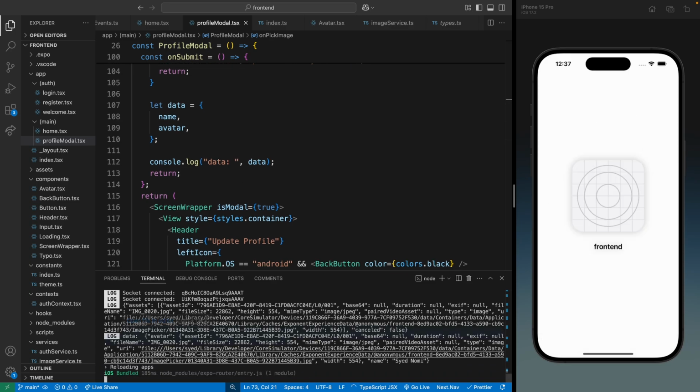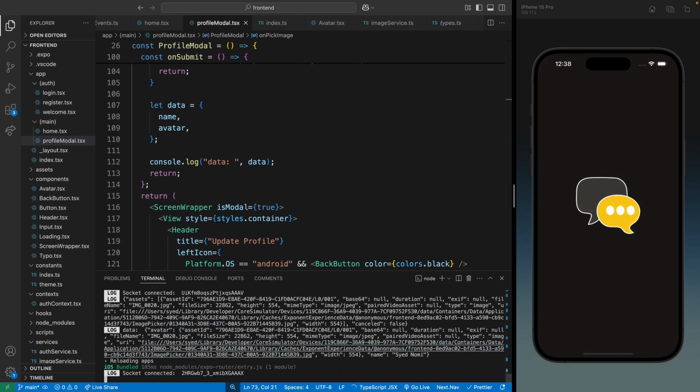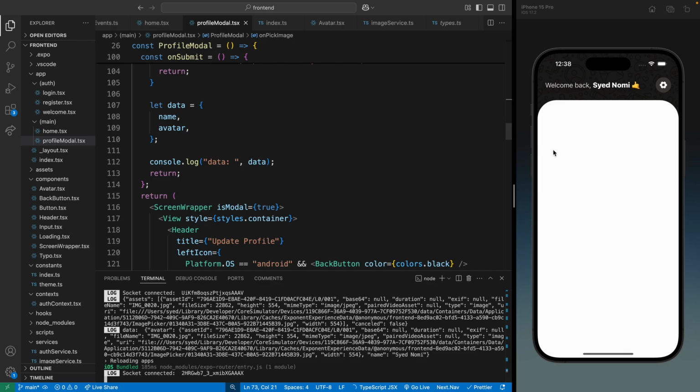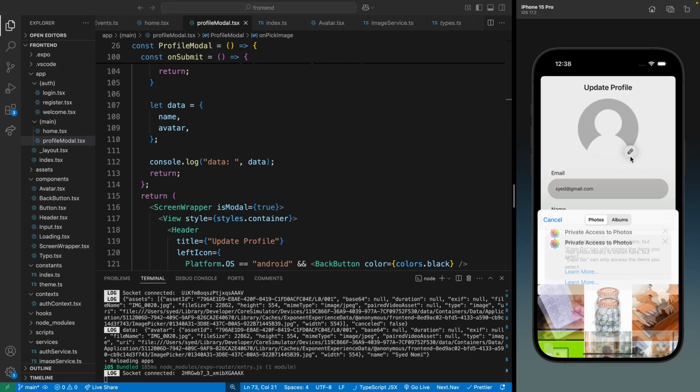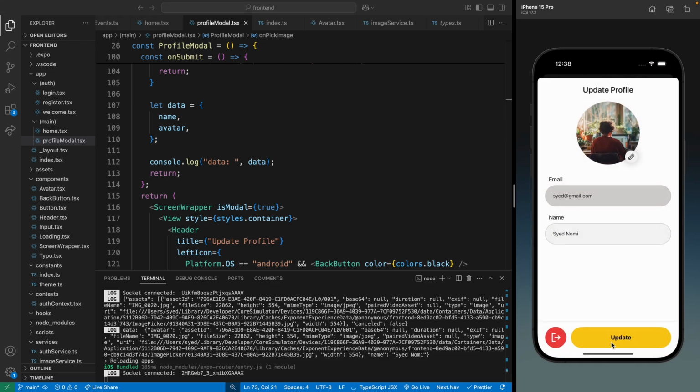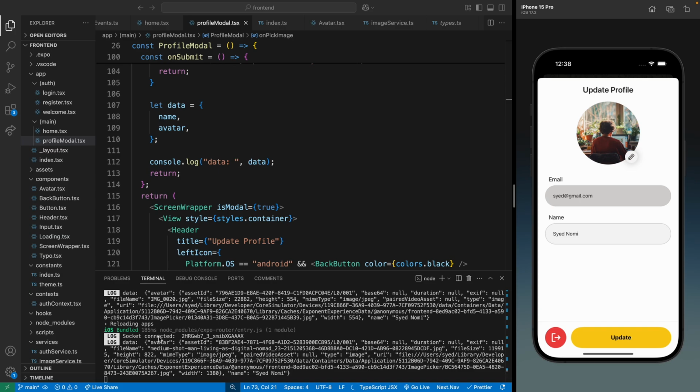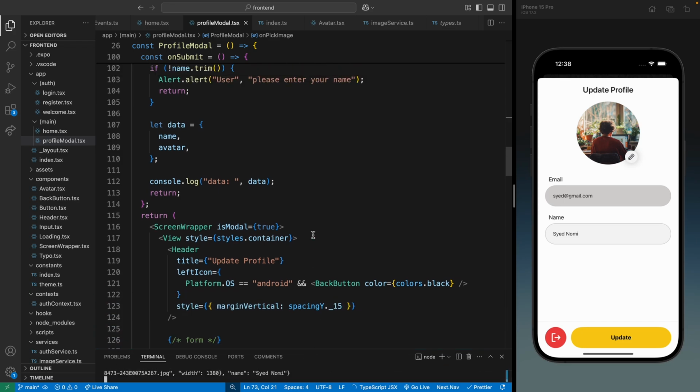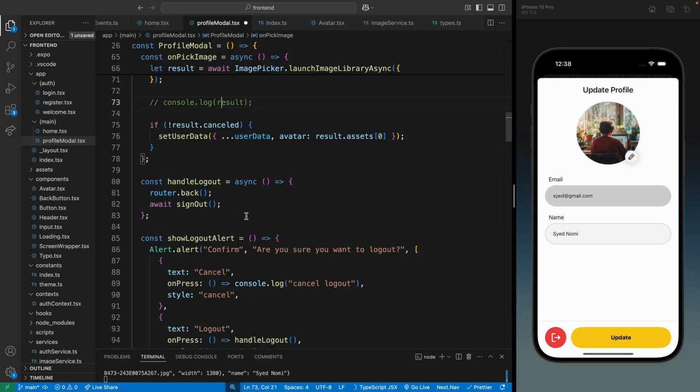Let me just reload the application. So now if we pick an image and hit update, there we can see the data. It has the updated name and the avatar. Most importantly, it has the URI that we need to upload this file. Okay, so now let me just undo this